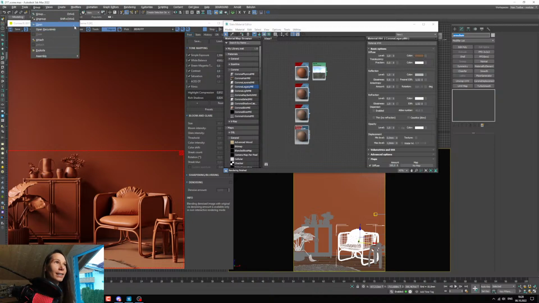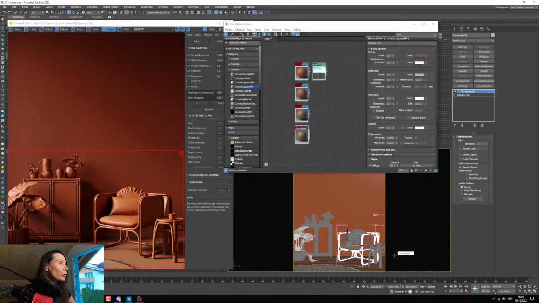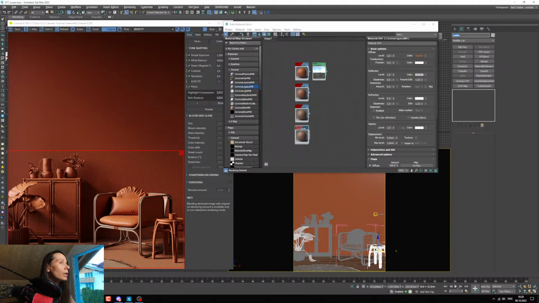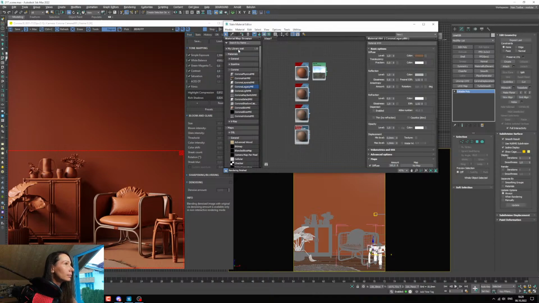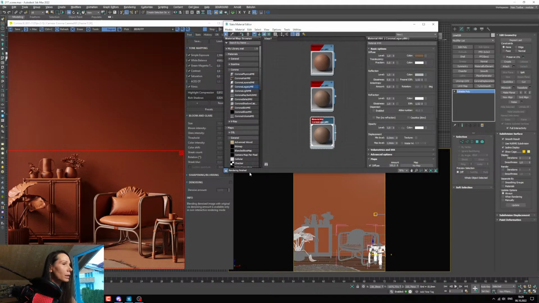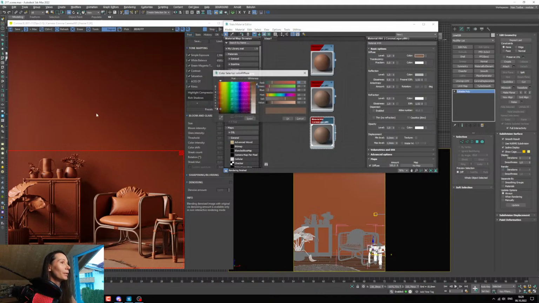I have a shortcut I can use, but in the menu you can find it here, group open. Now I need to select it. It's one object, so one click and you already selected. Assign. Also the same I'll do with the table. It's also a group, so I need to open it. Select. Assign. Okay. Now we just need to make it lighter, way lighter, almost white, but